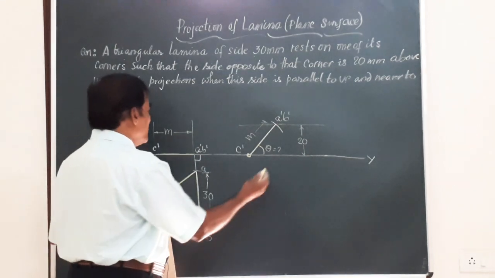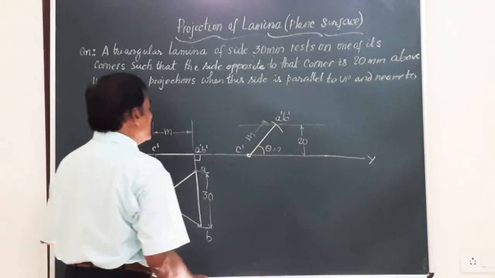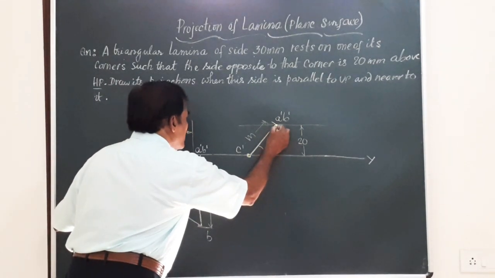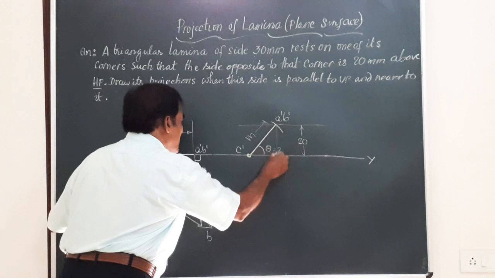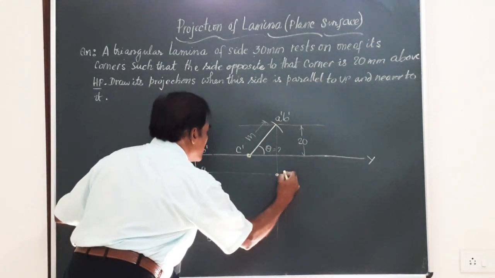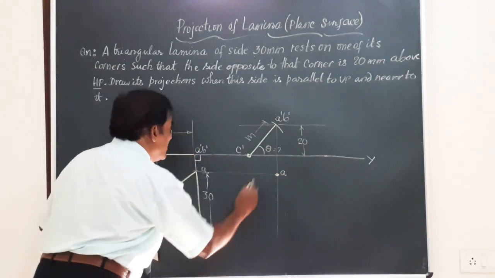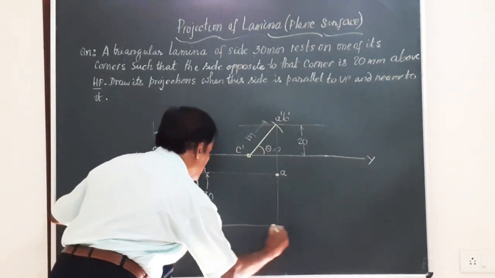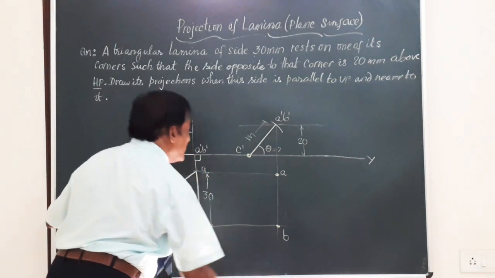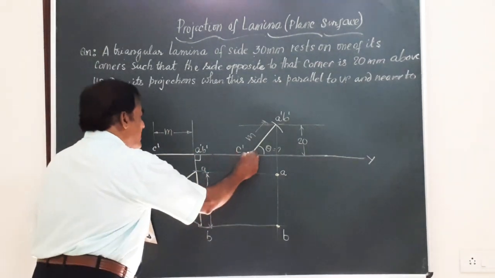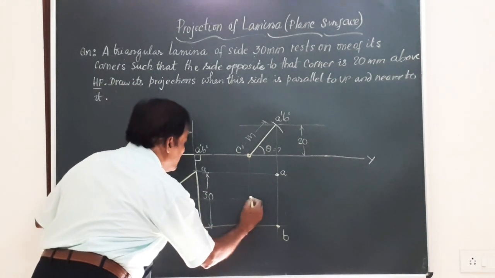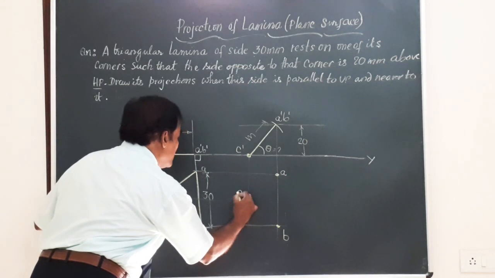Now friends, after you have this front view, obtain the top view. Go in order and get the 3 points. To get point A in the top view, draw a vertical line from A and a horizontal line from here, and this will give you A. Similarly, a vertical line from B and a horizontal line from B, these two will meet here, that will give you B. Finally, C: vertical line from C, horizontal line from C, they will meet here. This point is going to be C.